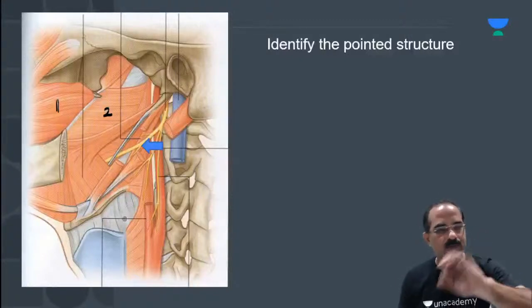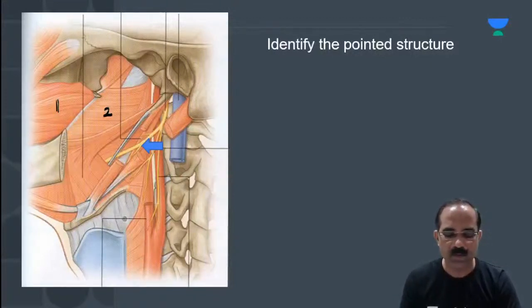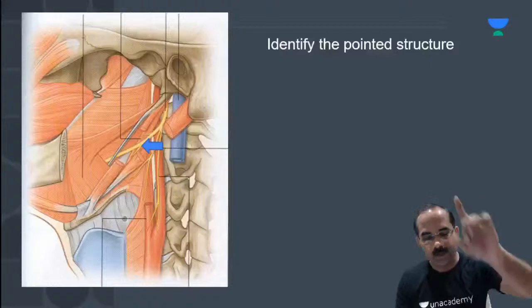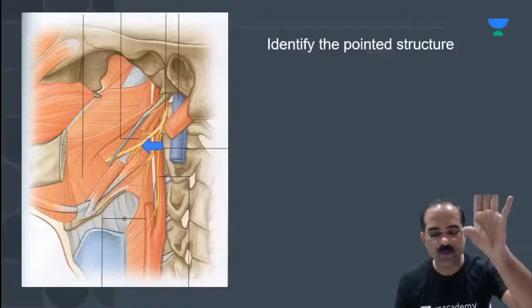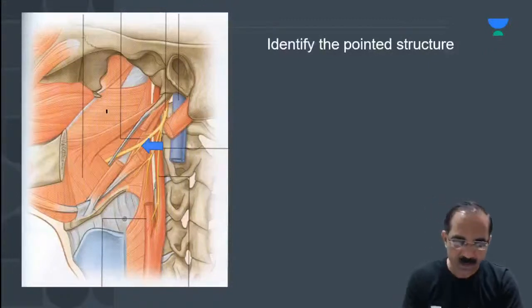There are 3 muscles of mastication. So which is this muscle? Buccinator is not a muscle of mastication. Buccinator is a muscle of facial expression. Remember, all of you, buccinator is not a muscle of mastication. Yes. So this muscle is the superior